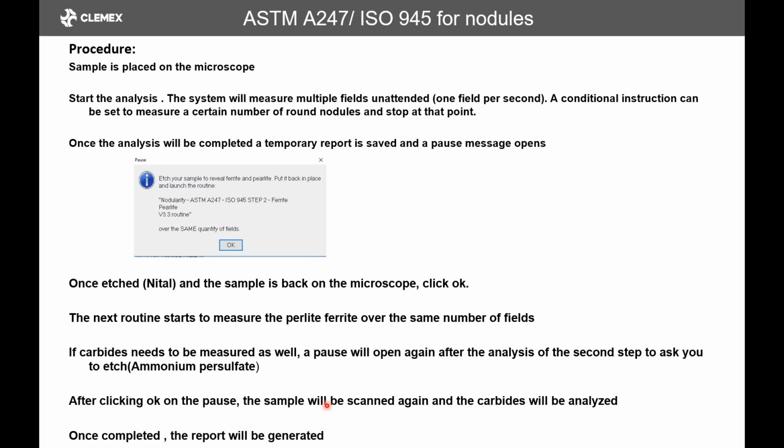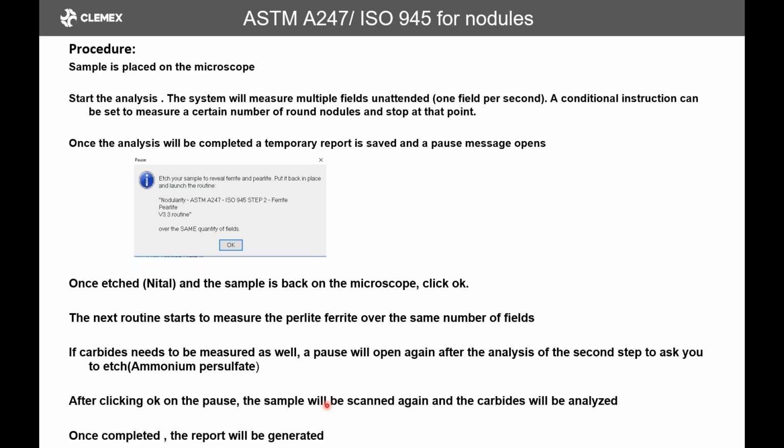So when we're doing an 8247 method, or 945 for that matter, it's the same thing. You will see the difference shortly. So the idea is that we want to make it as automatic as possible. So the sample is placed on the microscope, then you click start, and then the system will measure, when you